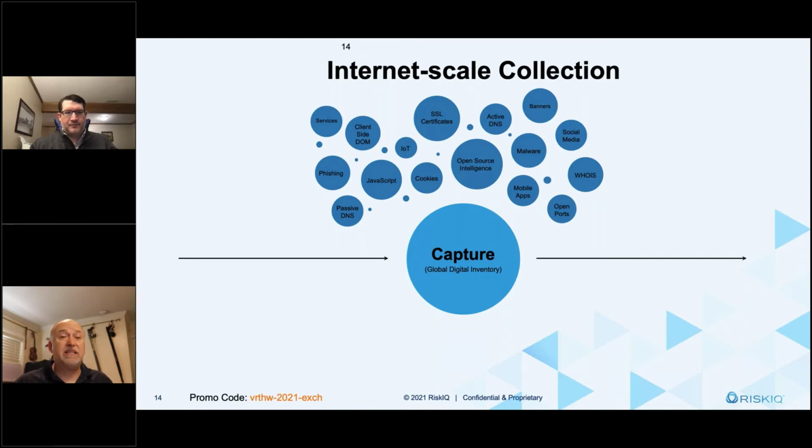And then for organizations that do business with us, we can give you your view of what you have on the internet so you can see yourself. And what Passive Total does is give you access to all that data to query to find out what's happening.